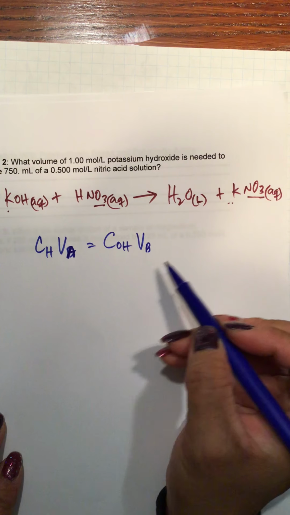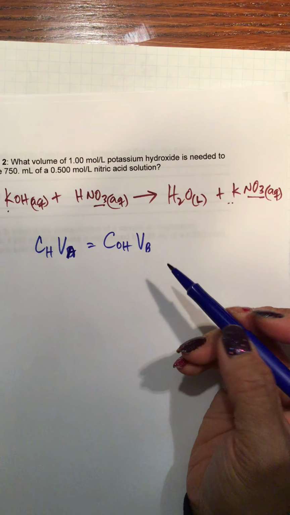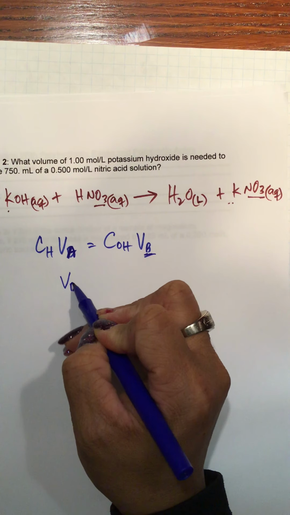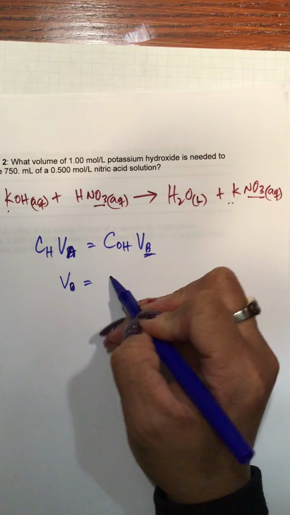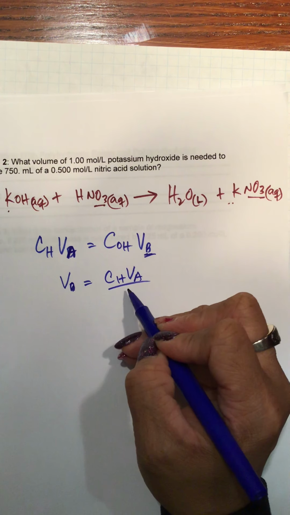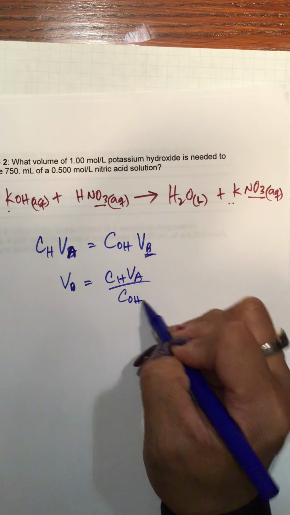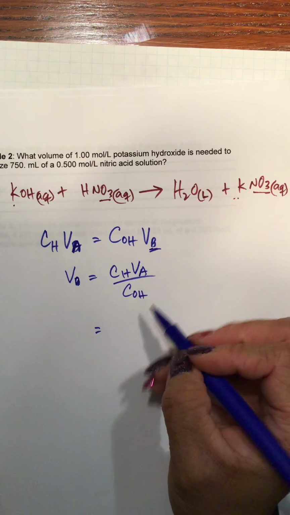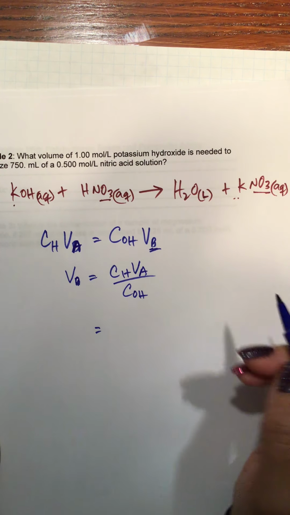Okay, so we're looking for the volume of the base. So the volume of the base is equal to the concentration of the acid times the volume of the acid, divided by the concentration of the hydroxide. Okay, so putting the numbers in, the concentration of the nitric acid,